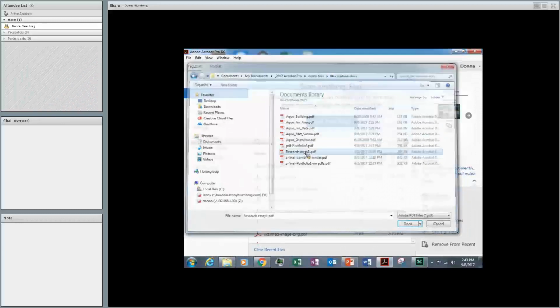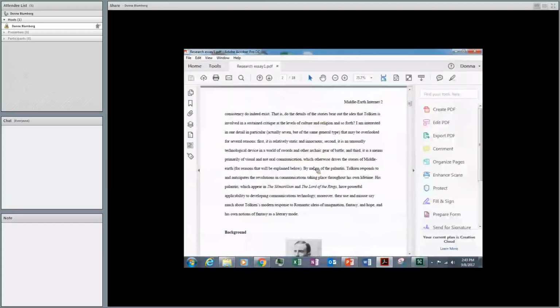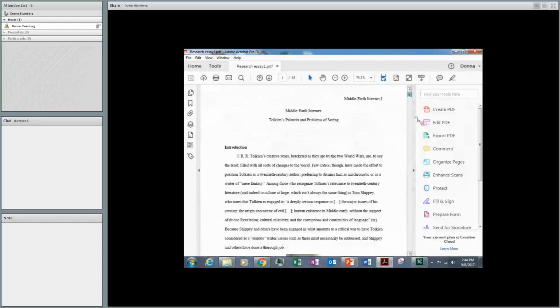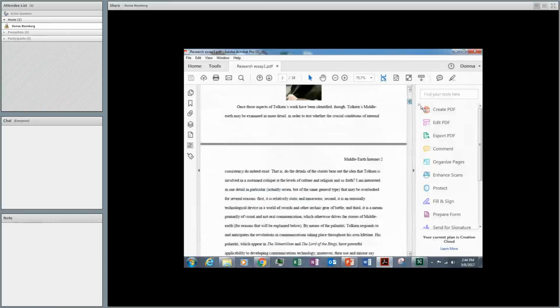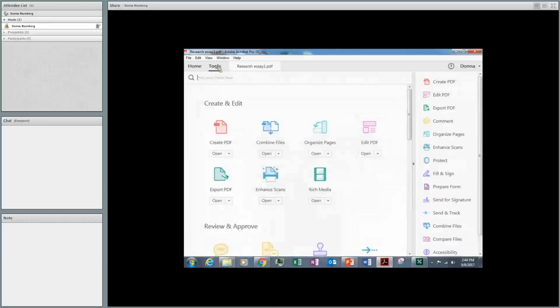Okay. So here, notice this is an 18-page document. It'd be good to have some headers and footers here. It actually does have the header up here, Middle Earth Internet 3, whatever, I guess that's page number and such. But then what we can do